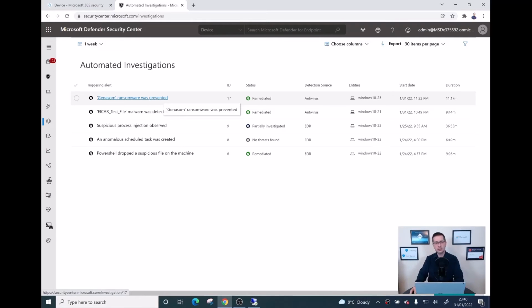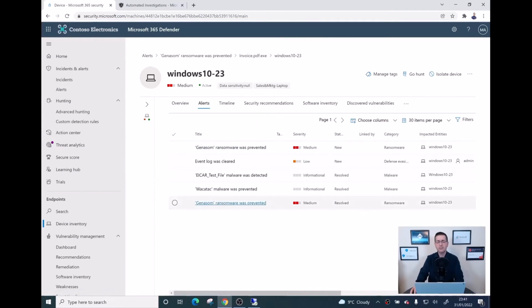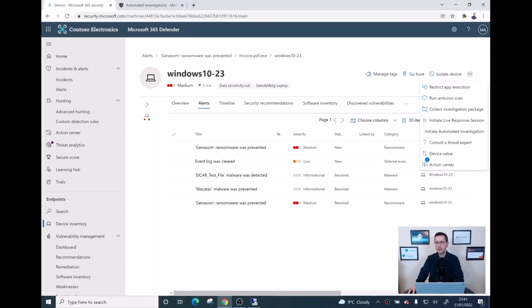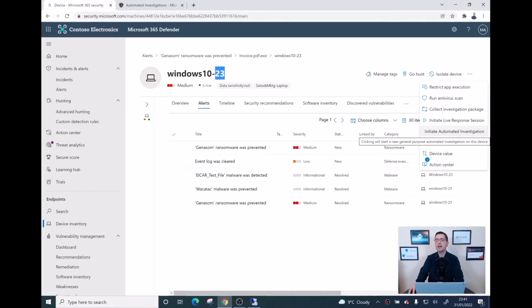And as I was showing you a few seconds ago, if the malware or ransomware was prevented but Microsoft didn't start the automated investigation, the SOC team could easily come here. Please remember, I'm back at the device again, just click in here and then start the investigation manually. In this case I didn't have to because Microsoft already did for me. Okay, if the SOC team thinks, let's double check if that invoice.pdf.exe is still on the device or not,